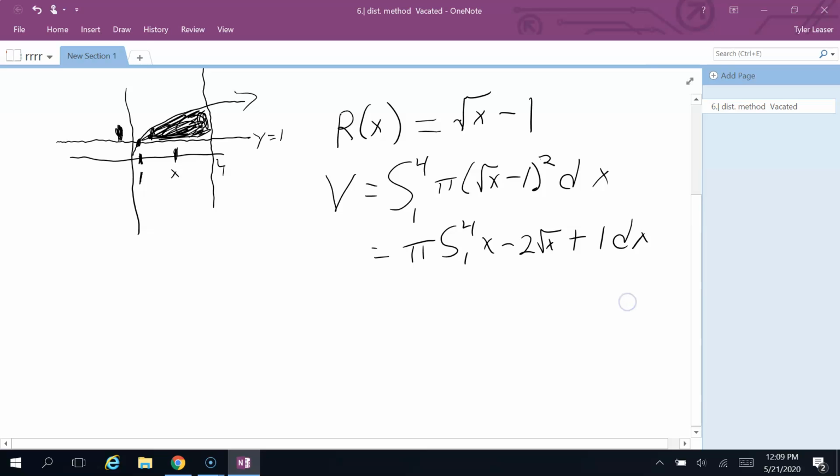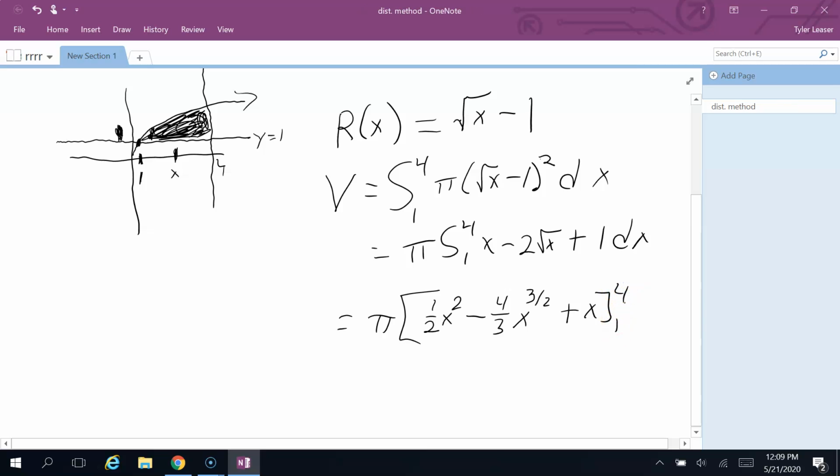Now let's do the antiderivatives of each of these, so we still have the pi way out in front. X is going to go to 1/2 x squared. You want to think of this as being x to the 1/2. We're going to raise that up to 3/2 and then divide by 3/2, which is multiplying by 2/3. 2/3 times negative 2 is negative 4/3, and that's going to be x to the 3 halves. And then my 1 over here is just going to go to x, and then we're evaluating this between 1